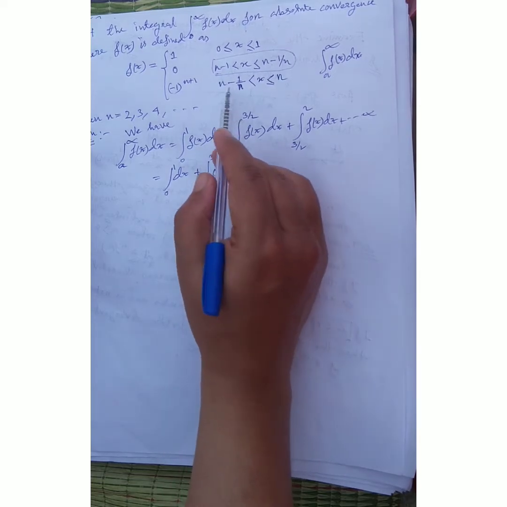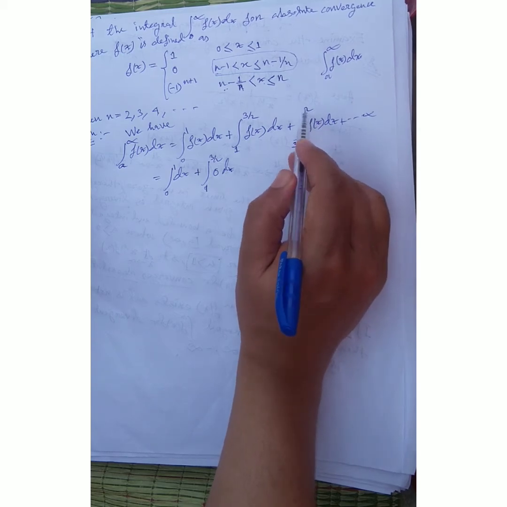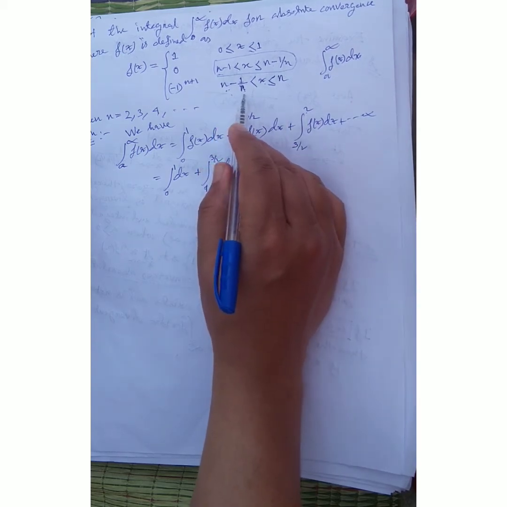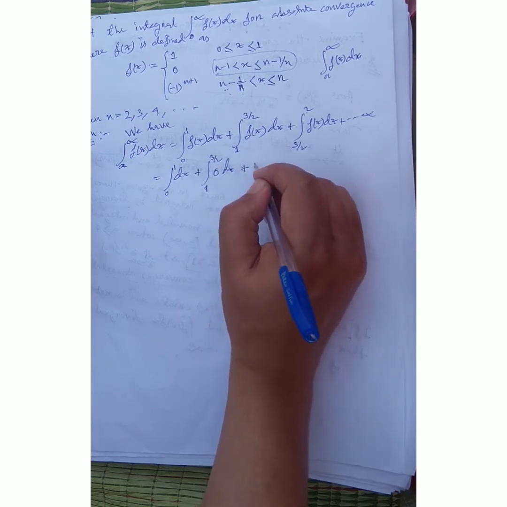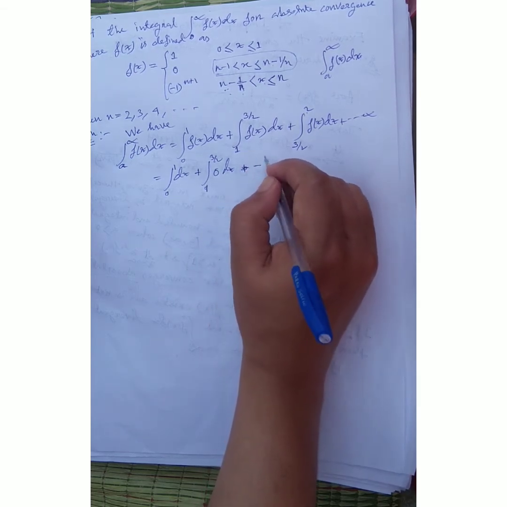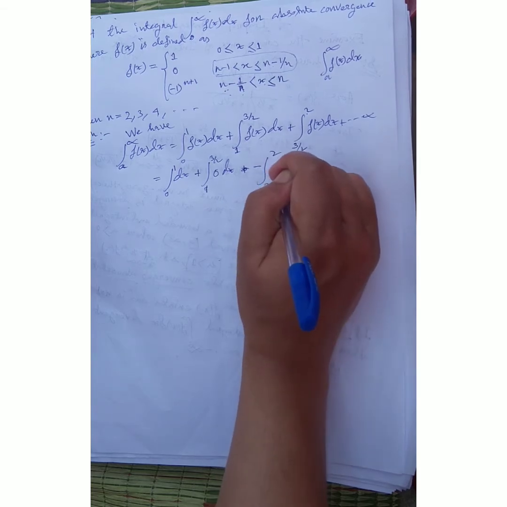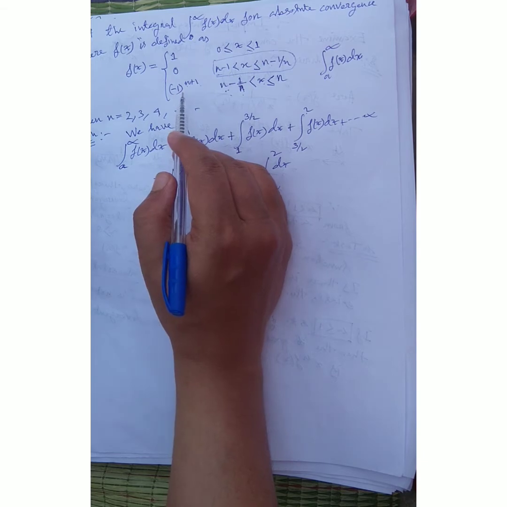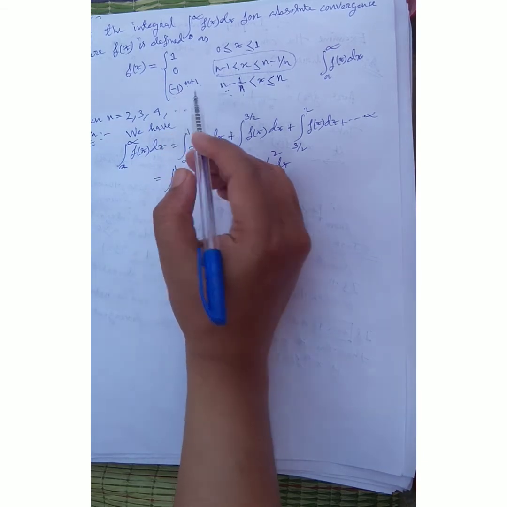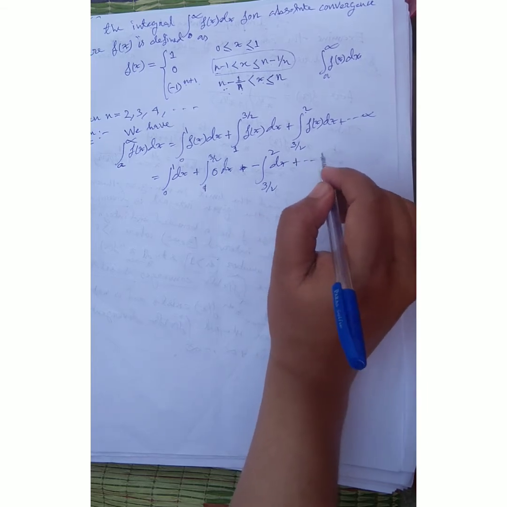And the next case is (n minus 1)/n to n. Here n is equal to 2 and 1 minus 1 by n is equal to 3/2. So in this case I can write it with a minus sign, the integral of minus 1 over 3/2 dx. Why is it minus? Because 2 plus 1 is equal to 3, and minus 1 cubed is equal to minus 1. So it goes this way, and after that up to infinity.